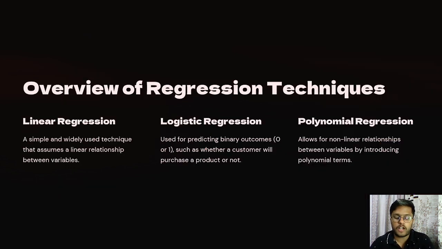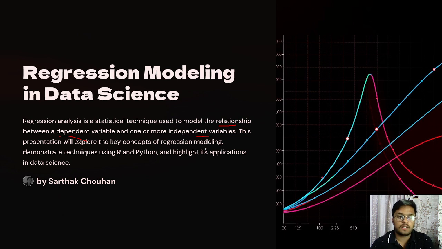First, we understand regression modeling. Regression modeling is a type of supervised machine learning used to predict a continuous numerical value based on one or more input features. It establishes a relationship between the target variable and the independent predictor variables. The main goal is to find the best fitting lines or curves that represent this relationship and make accurate predictions.